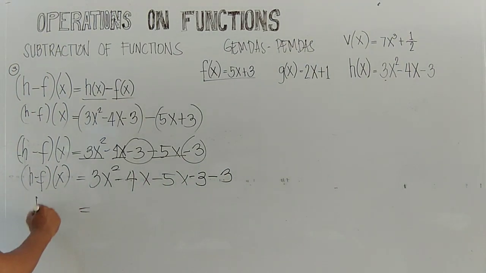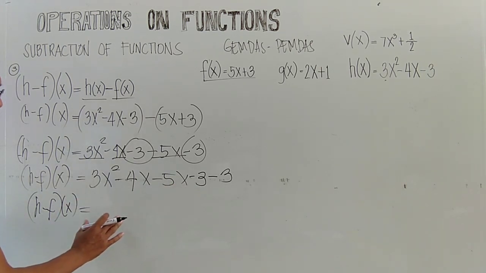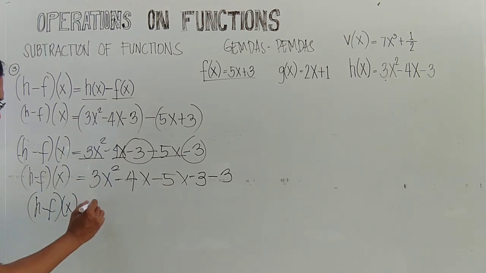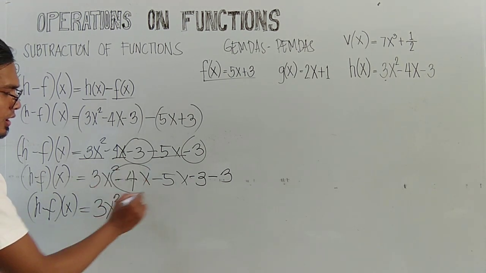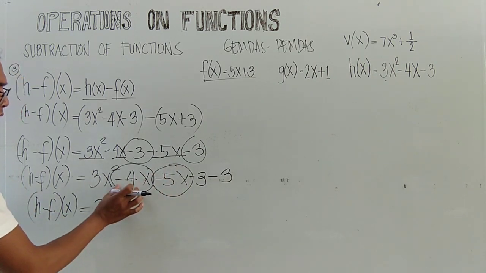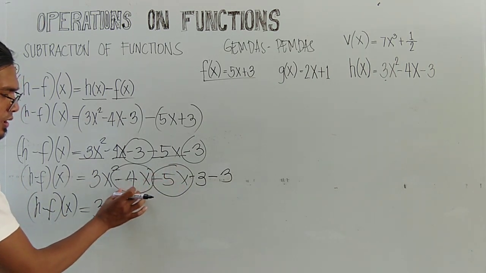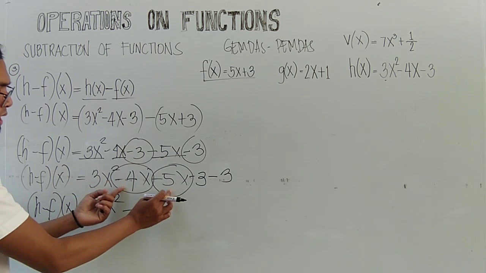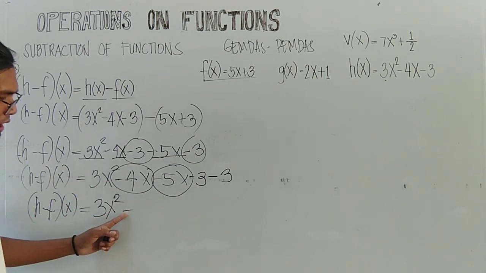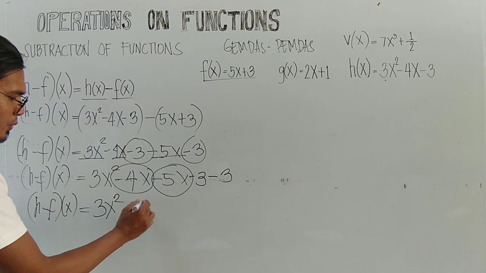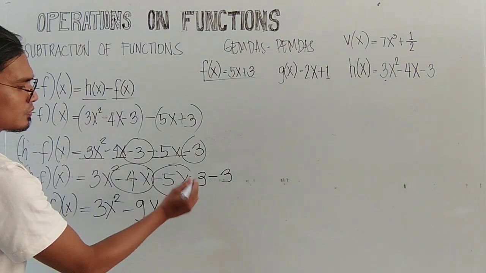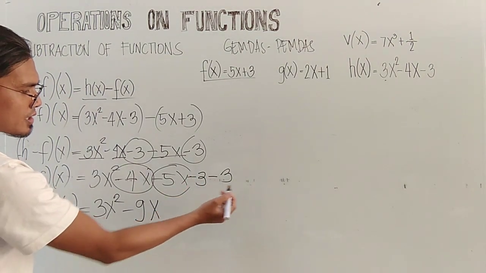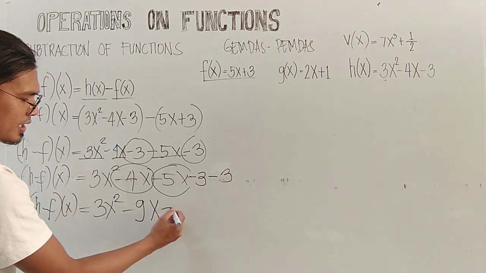So here, guys, we arrange the like terms in descending order of exponents. Since there is nothing to combine with the x squared term, we just copy 3x squared. Then we go to the linear terms. We have minus 4x and minus 5x, or negative 4x minus 5x. The signs are the same, so we copy the negative, then add 4 and 5, so we have 9. Copy the variable x. Then we have negative 3 and minus 3,